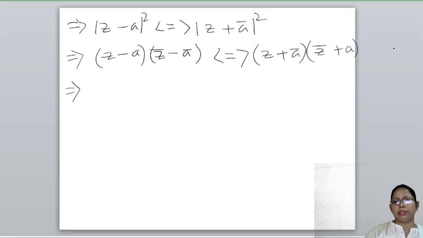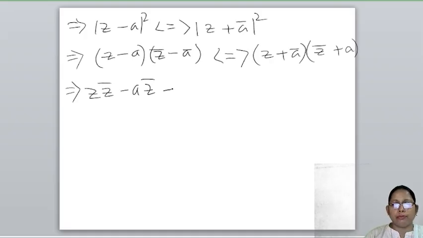We have already discussed this property in conjugate and modulus. Now expand these two terms: we get z z̄ − a z̄ − ā z + a ā less than, equal to, greater than